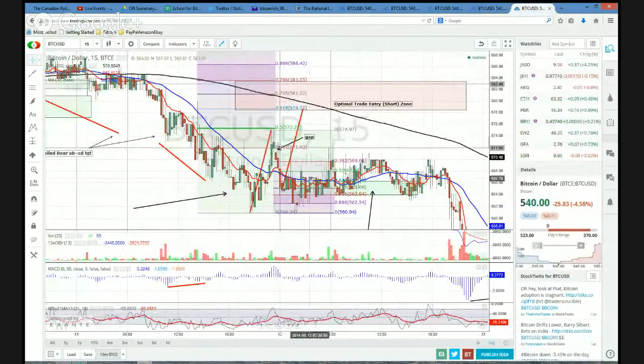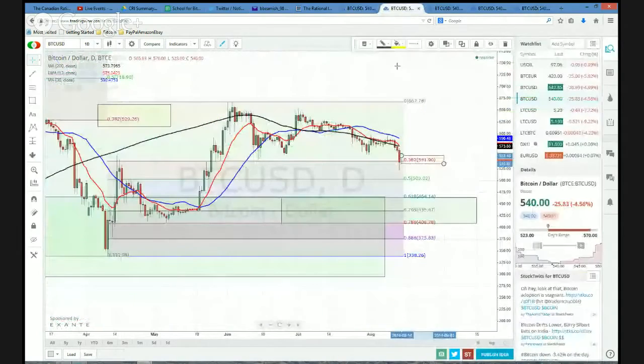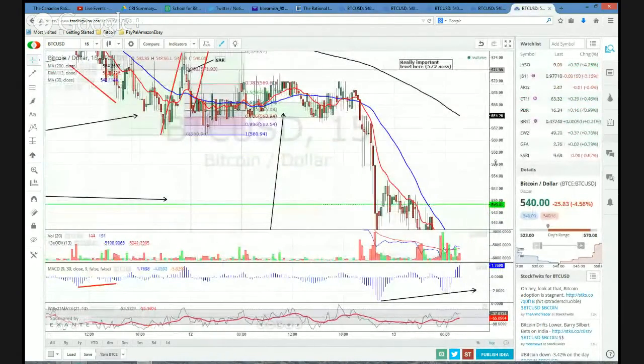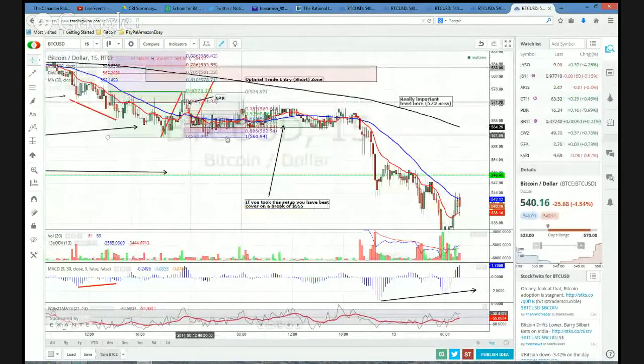You can see it was one hell of a battle. I mean, they really put up a fight here. So, I think it's completely natural to see a fight against all of these lows. And unfortunately, the Bulls lost, right? And boom, down we go. So the Bulls did lose it.